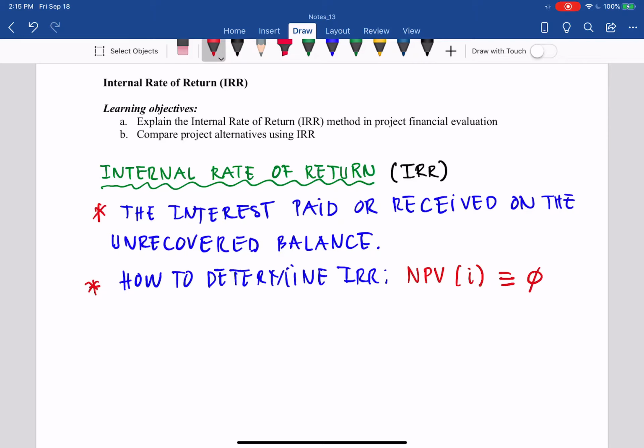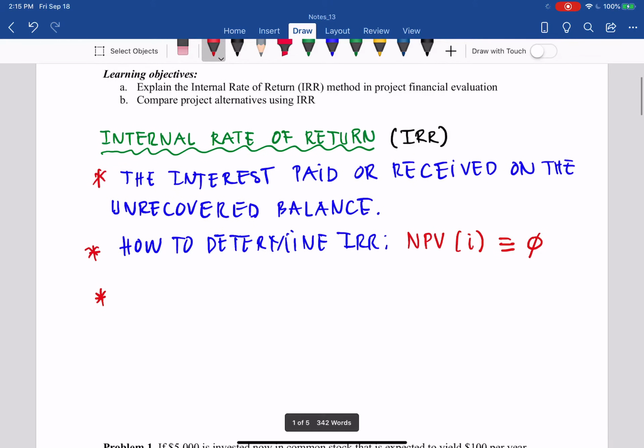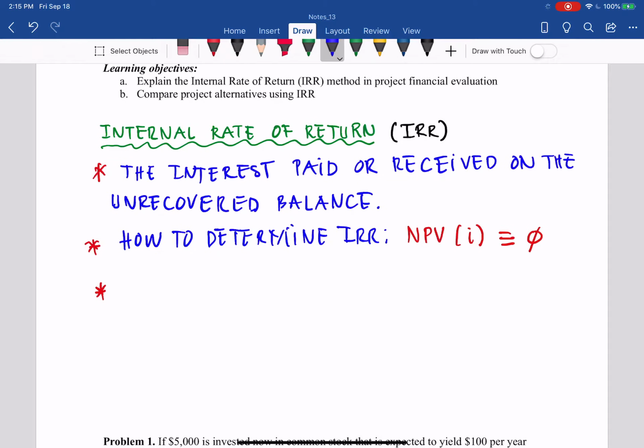That shows the I in that equation, and from that I, we mean the IRR,